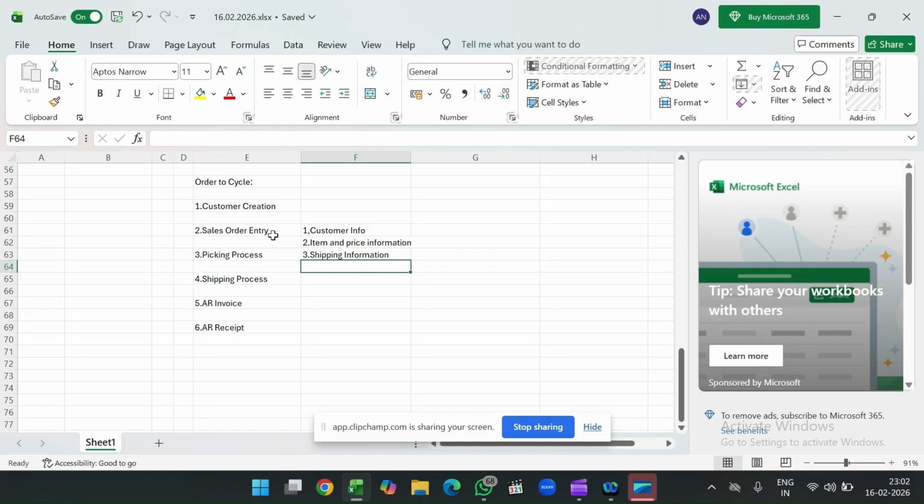So when you create the sales order, this much information is required for the retail shop. After creating the sales order, once the customer has ordered any item from you, suppose,